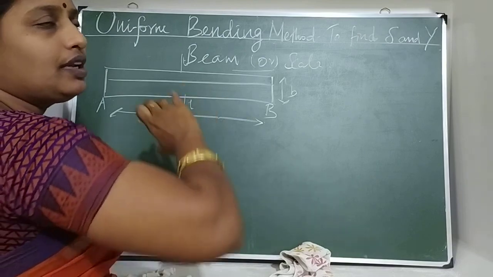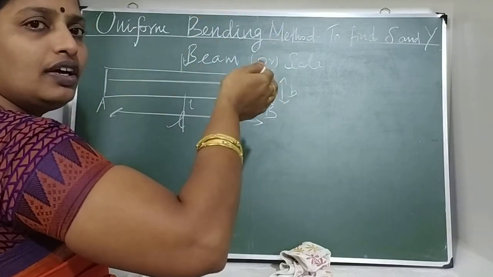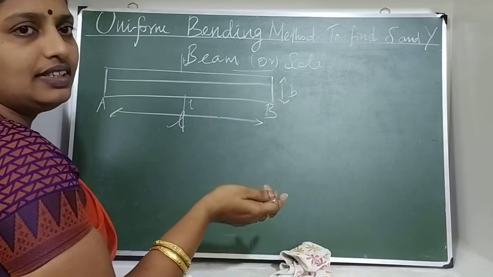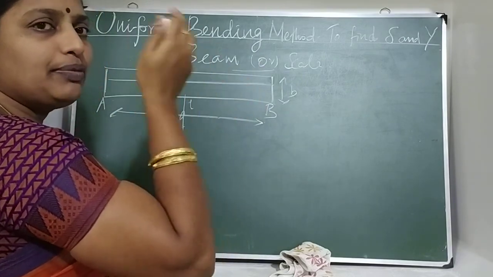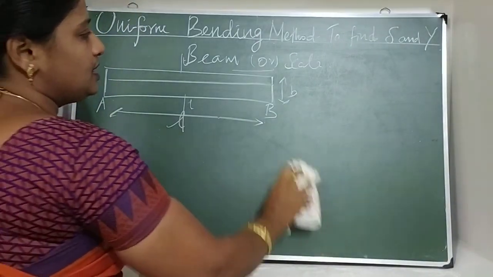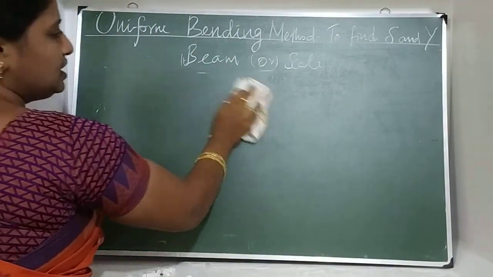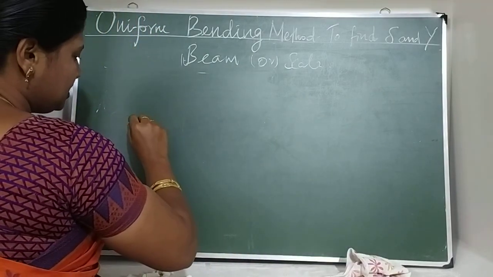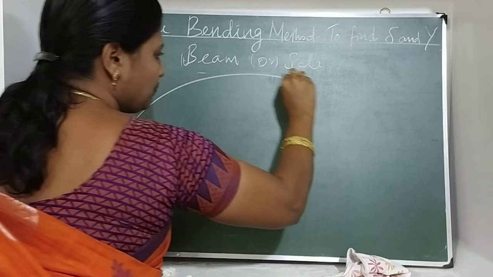On the top surface, the upper half is elongated and the lower half is compressed. From this elongation of the upper half, you can analyze the elevation at the midpoint. Okay, you see this diagram: after the restoring force is applied, the bending of the beam changes.